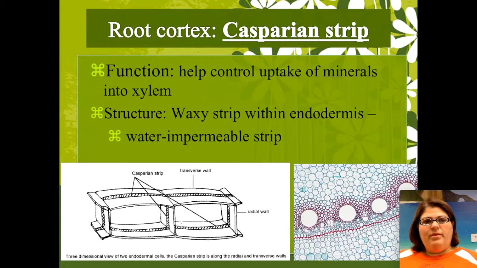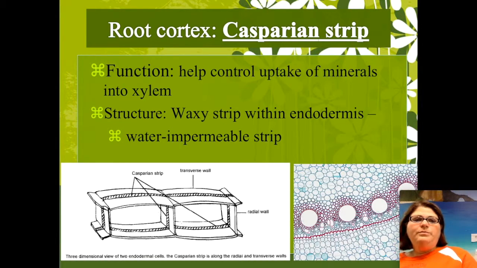So osmosis of water requires water to go from where there's high concentration to where there's a lower concentration. The problem with that is in the root, the goal is to basically push water into the vascular system so it can climb the plant. That means that they're putting a lot of water into their roots, and there would be a tendency for that water to seep out into the cortex where there's less water. And so the Casparian strip is a waxy layer. It's water impermeable, so water is pumped into the vascular tissue, and then the Casparian strip kind of prevents it